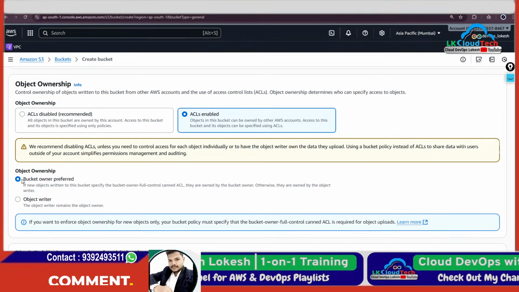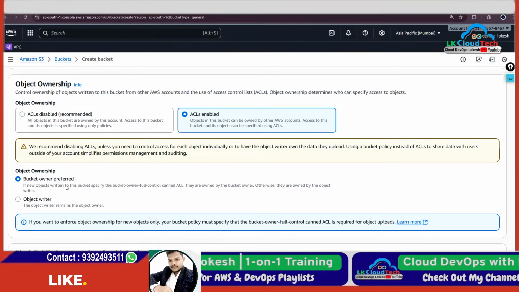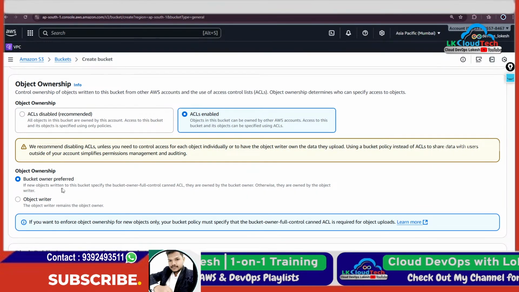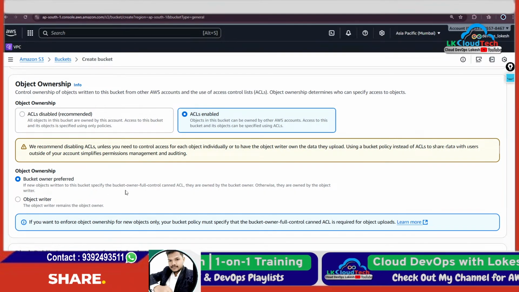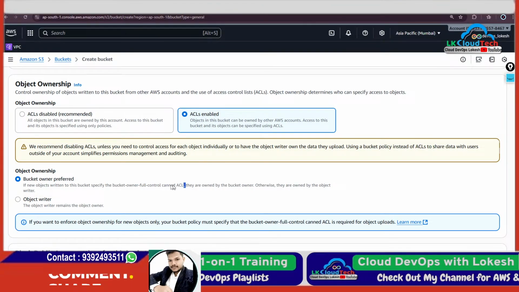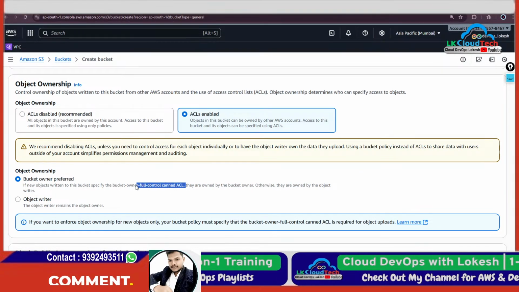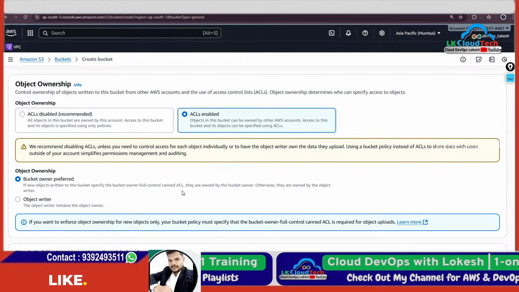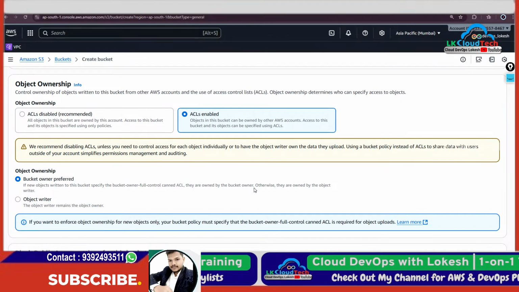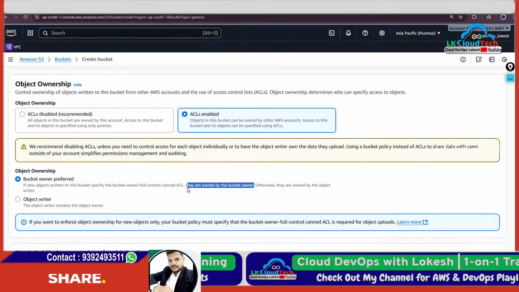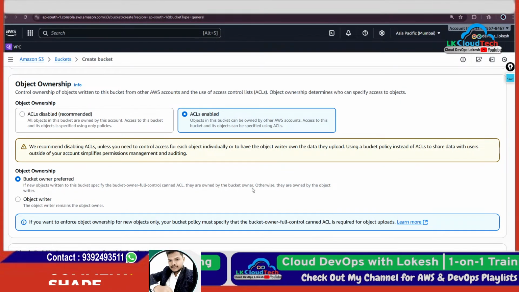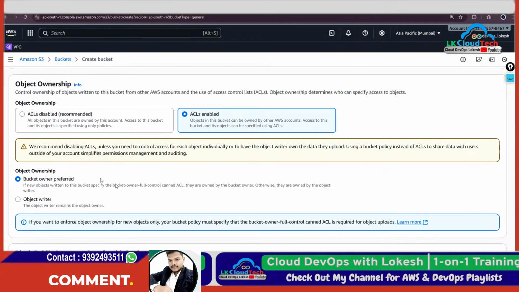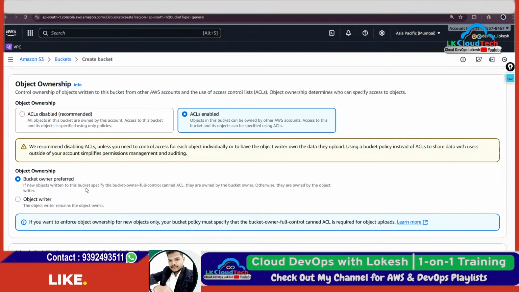Now, bucket owner preferred or object writer. Bucket owner preferred means that if new objects are written to the bucket, they specify that the bucket owner has full access control. The ACL controls this permission, and the objects are owned by the bucket owner. The bucket owner is actually the main person, the first preference.